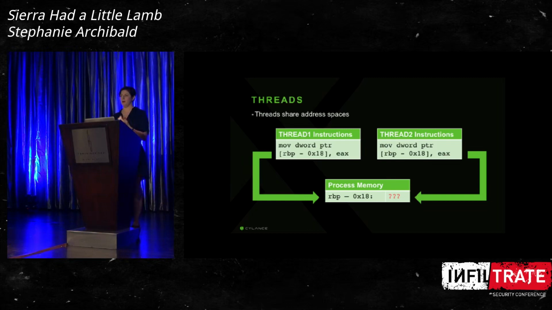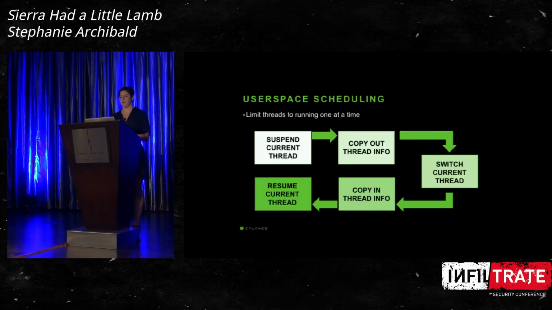where if you have your pseudo fork and you jump back to the same instruction after the end of fork for both the parent thread and the child thread, you end up with this where it might try to modify the same portion of memory, which kind of indicates that we need something like user space scheduling. If we can limit our threads that are executing to one at a time, which is limit our pseudo processes